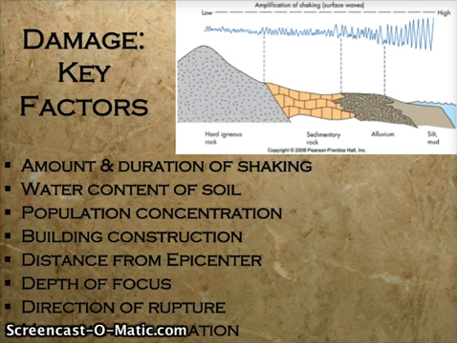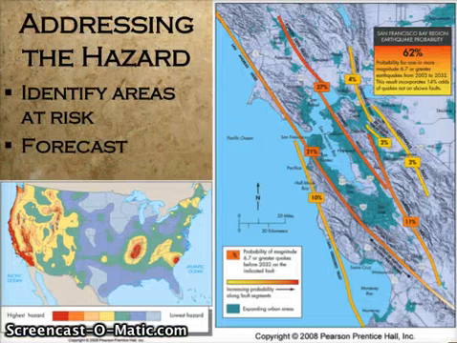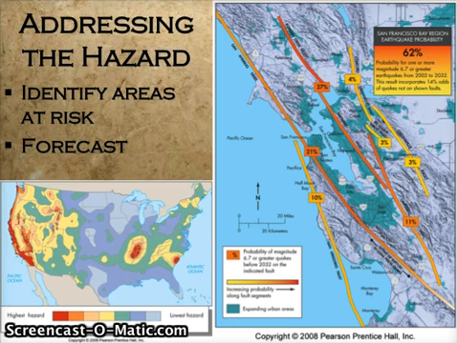So what do we do with all this information? What will you find when you read the book? Well, one of the things you'll see is that we can do some seismic forecasting. We can identify areas at risk and then predict how likely they are to move. And we can also forecast what kind of movement they would expect. So we can use those computer models to do intensity forecasting as well.